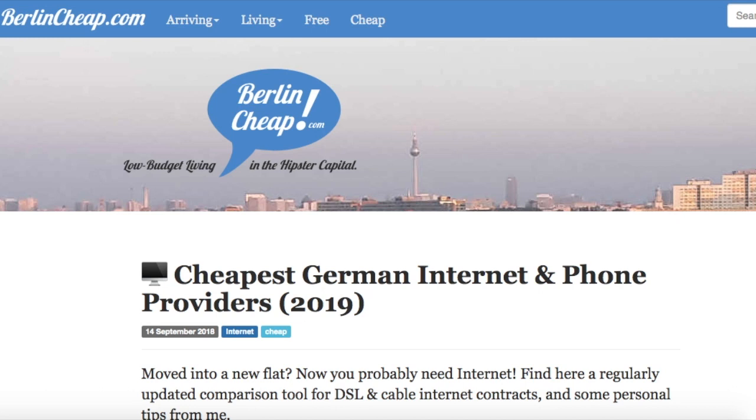Now we will use Check24 first of all because they compare. So we have one place where we need to look and we can see a comparison of all the German internet providers. And the second reason is Check24 often has special deals. So we can actually get at the same provider a cheaper deal than at the provider directly.